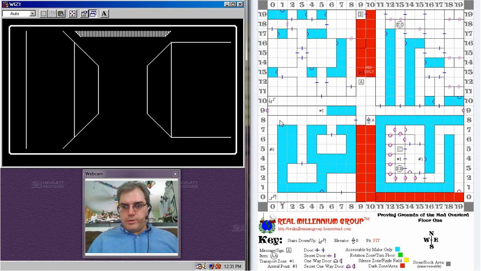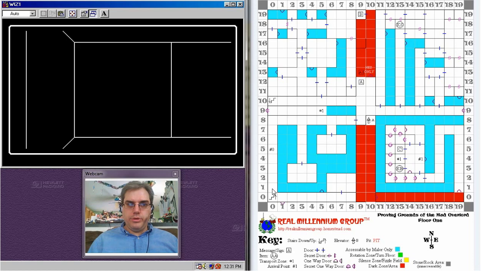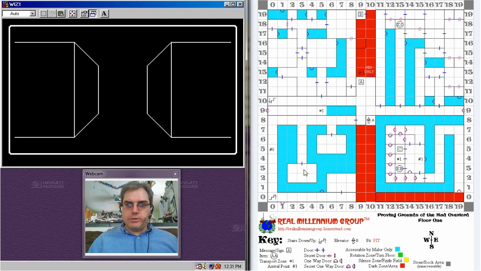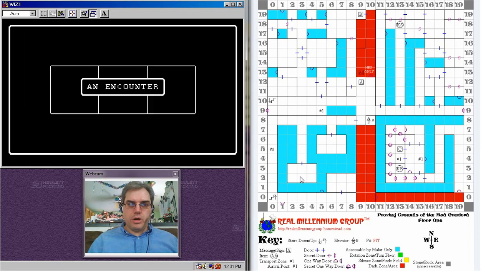So we are now facing this way. We already had our encounter there, so we're just going to go up this way. So, boop, boop, do. We're there now, so we're turning to face that direction. We'll go doot. We'll see what's in this corridor down here. Our door, and we have our encounter.